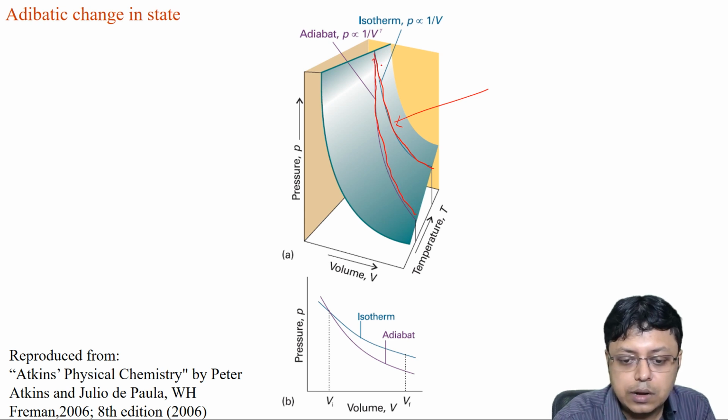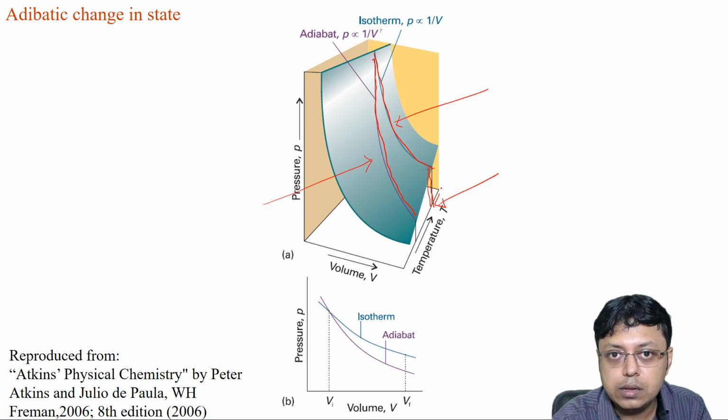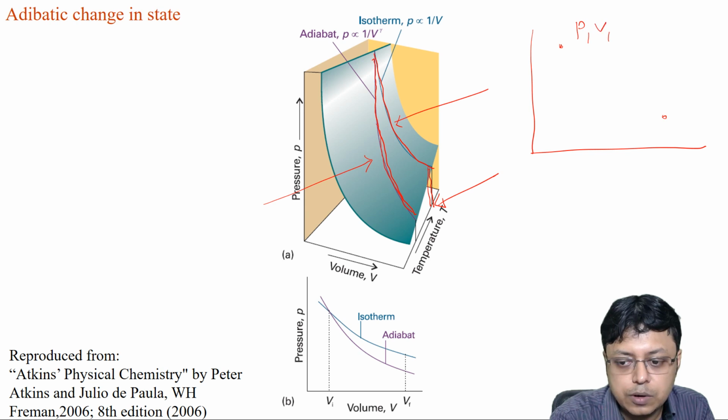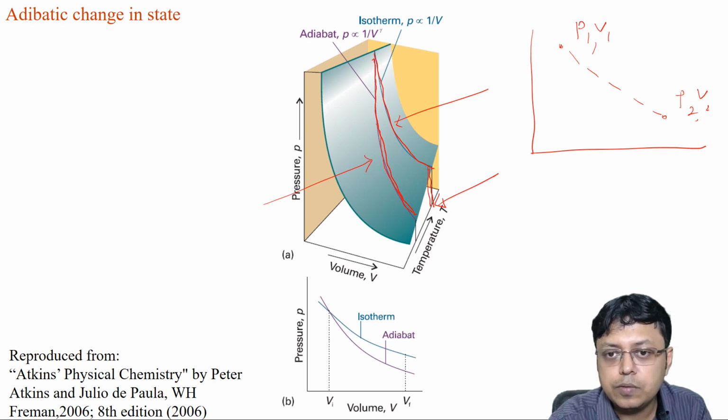Also notice that when an isothermal change is happening, it means the temperature is constant. So we took a slice along this temperature, that's why we got a PV isotherm. However, when the adiabatic change is happening, as it is changing, the system's temperature is also changing. So whatever we discussed, that the system goes from P1 V1 to P2 V2 for an ideal gas or any system